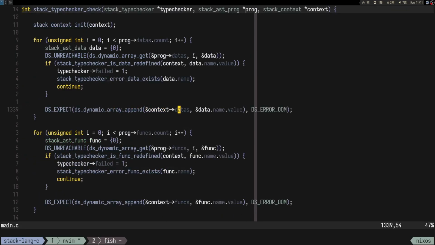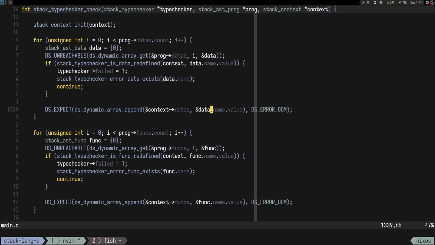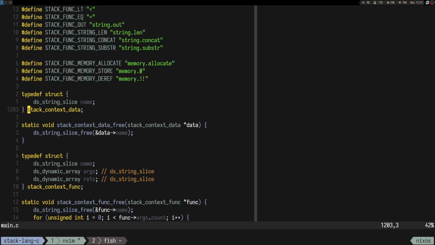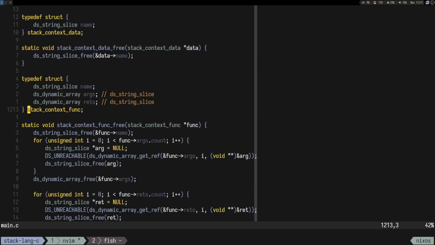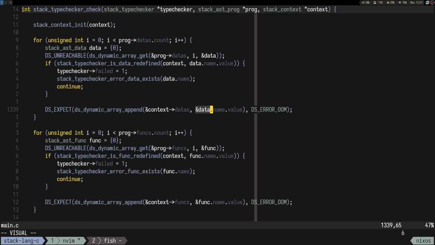So I have to put something different in them. Wait, what? How did it work though? That's so weird. Stack context data and stack context func. Yeah, it's so strange. I mean, here it worked because it's the same size, but